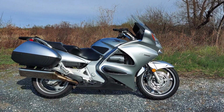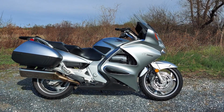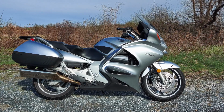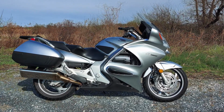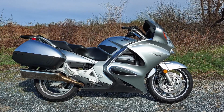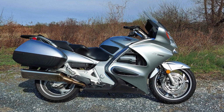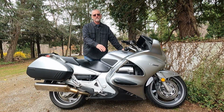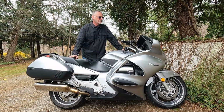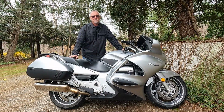At the rear wheel, the ST1300 makes about 20 horsepower more than the Concours does, and it also makes 20 foot-pounds more of torque than the Concours does. And that is a huge advantage, especially on a bike that only weighs about 50 pounds more than the Concours does. Additionally, the big V4 motor that's found in the ST1300 is significantly smoother than the inline four-cylinder that's found in the Concours,